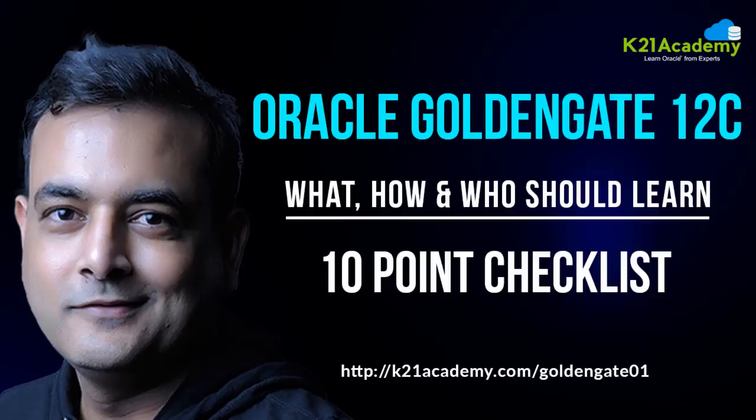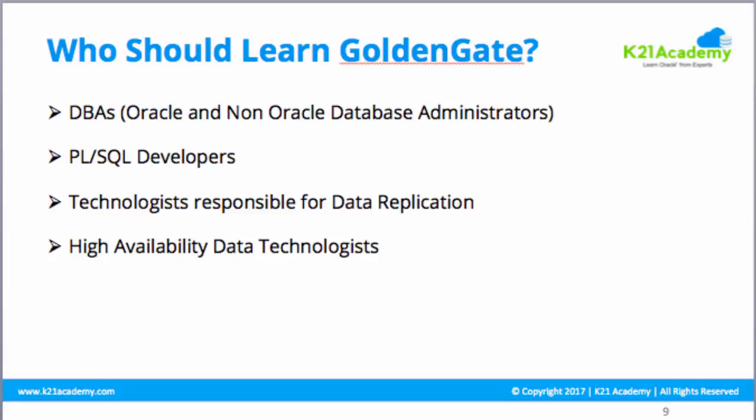to Oracle GoldenGate. Oracle GoldenGate is a product from Oracle that replicates data from multiple Oracle and non-Oracle database or non-database sources to Oracle or non-Oracle databases. You can use this replicated data or the target data for reporting purposes, for high availability, or for various other functionality. So what Ashish is going to cover in this video is who should be learning Oracle GoldenGate,